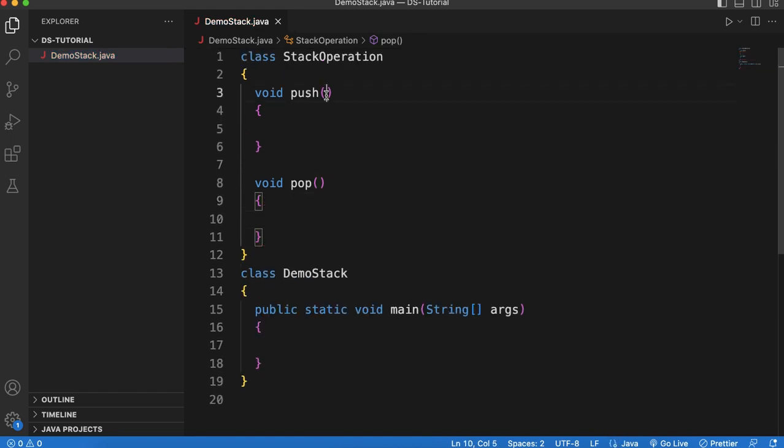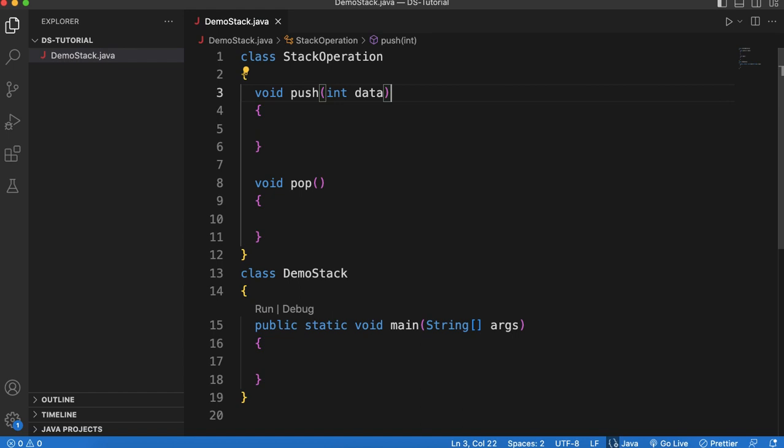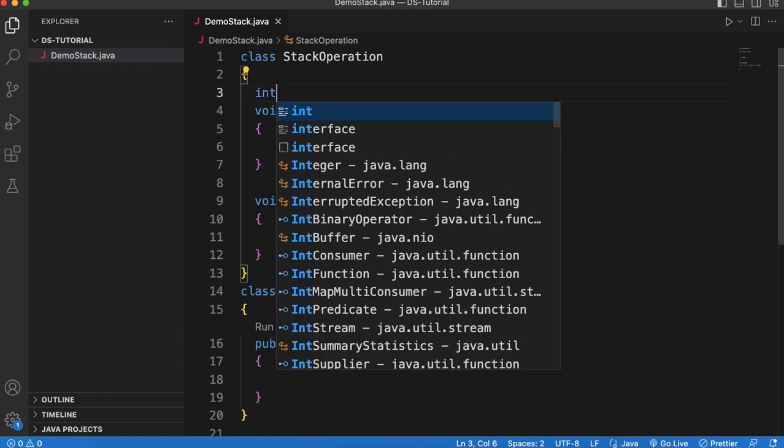The push function is getting one value, so we'll be performing operations on integer data, so I'll create an integer data. Okay, then we need some declarations here, so we need a stack. We are performing operations on the integer stack, so let us declare an integer stack,